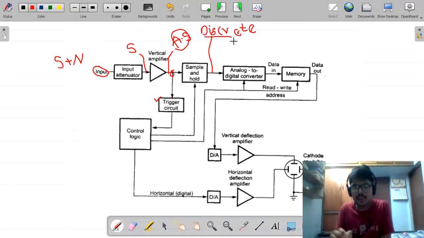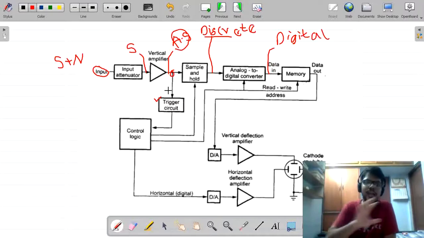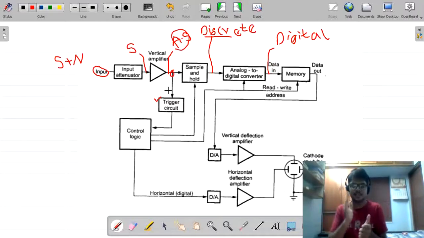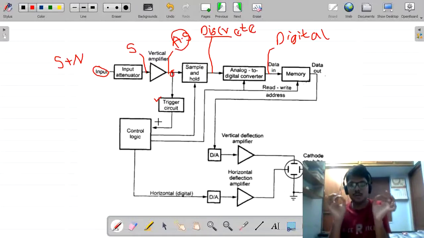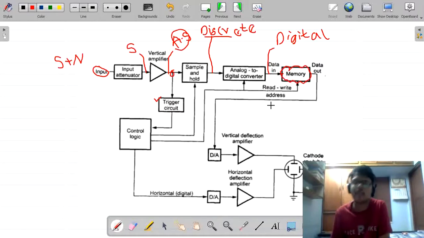In order to convert the discrete signal into digital, we are using analog to digital converters. At this point our signal is discrete. Now our signal has become digital format. Digital refers to binary data, meaning zeros and ones. So in this complete process, our analog signal is first sampled and converted into discrete, and from discrete we go into the digital format. Now it has become an easy task to store our digital data in the memory.